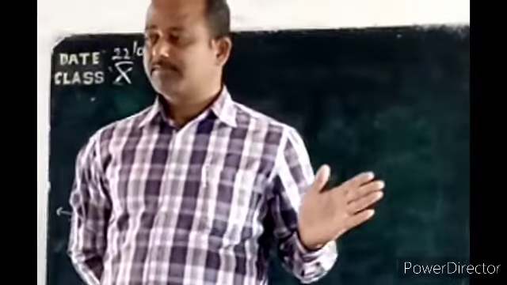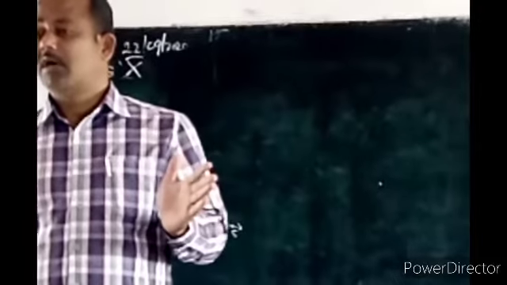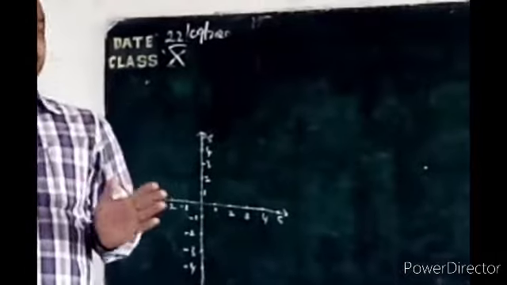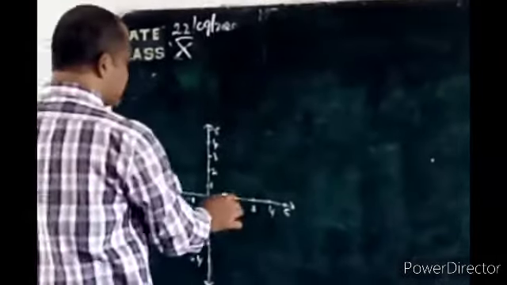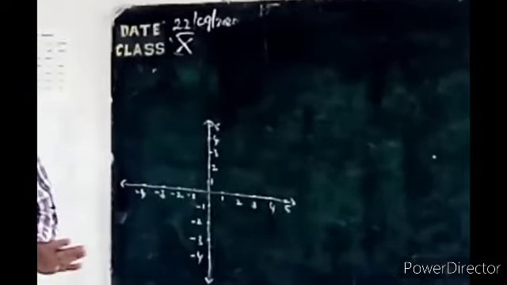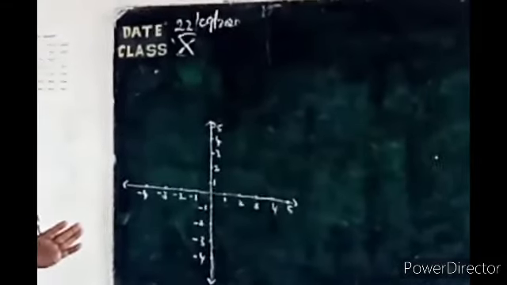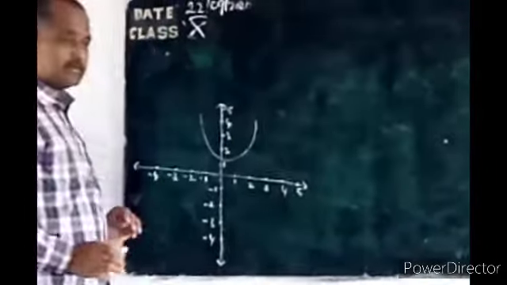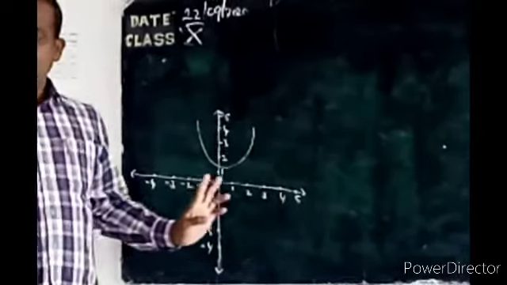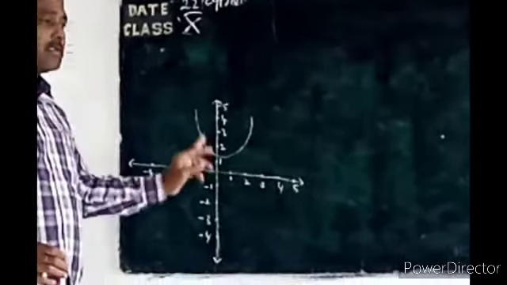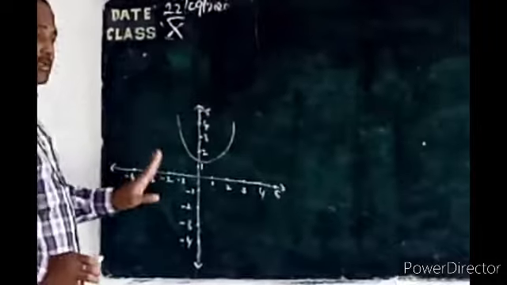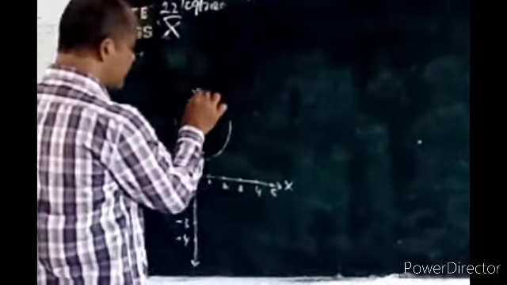In previous classes, that means in 8th and 9th classes, we already learned how to draw graphs. Now in the case of polynomials, if the graph touches the x-axis, it has zeros. Try these problems in your examples. Suppose a graph is going like this. This curve doesn't touch the x-axis, so it has no zeros.